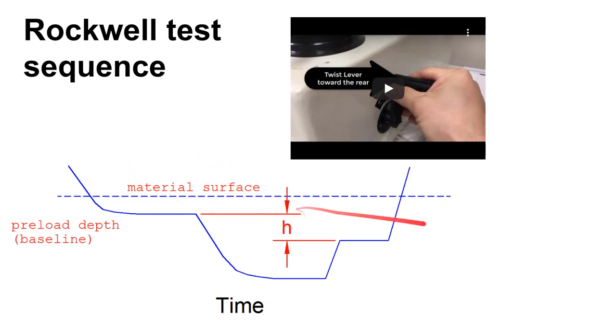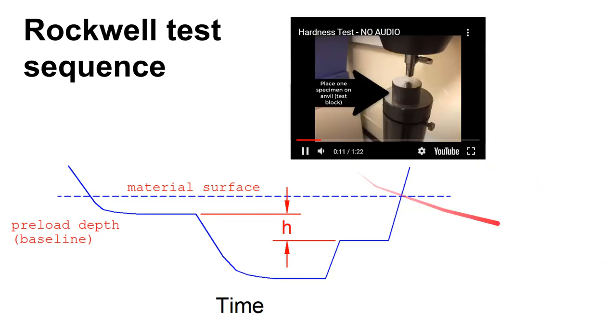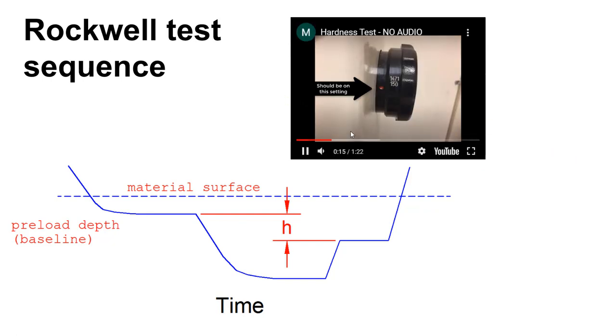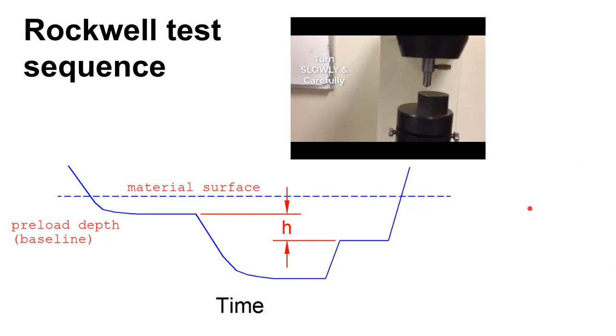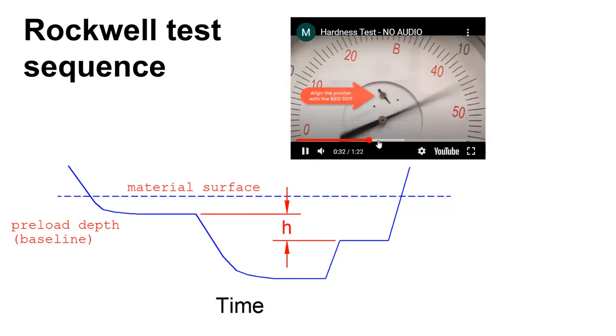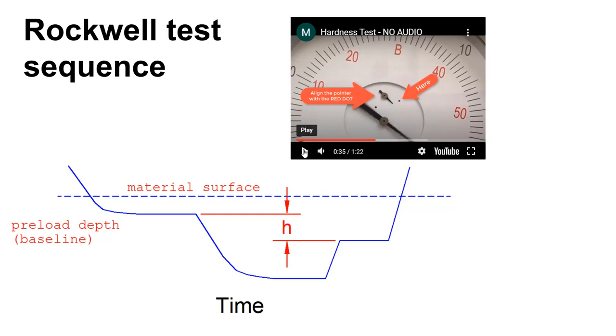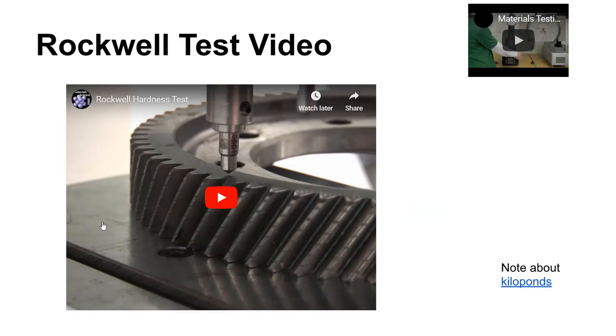And I will mention that all of these indentation hardness testers will actually make a mark on the surface, some more than others. If you need a material not to have any kind of marks on it, then you cannot use any of these indentation hardness testing methods. There is a little link on here. I think you'll be doing this one in the lab anyway, and this just goes through how to do the Rockwell C scale hardness test like you'll do in lab. So that's just an introduction to that.